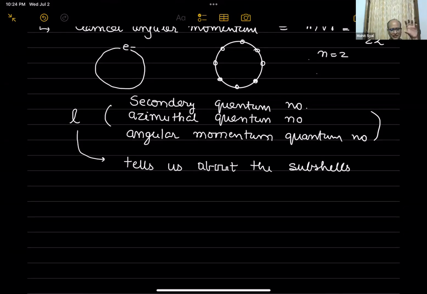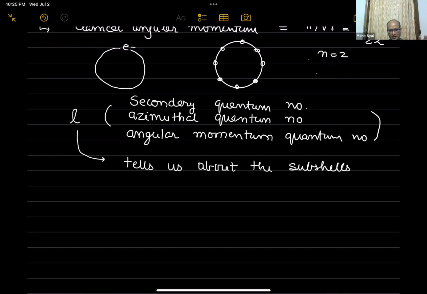That whole group of subshells is put under n equal to 2. Are you getting my point? n is the shell number. Once you study the complete thing, it becomes quite easy. But while you are studying, it appears so difficult that you have never seen such a thing. Believe me, it is going to become very easy for you, and you will be an expert.